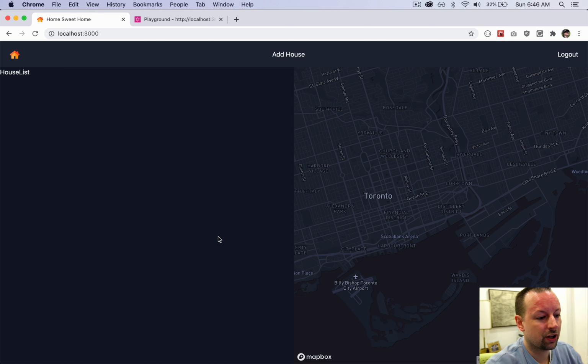So we've just finished getting the bounding box from the map. So we know the southwest corner and the northeast corner. And from that, we can query and find all of the houses within those two sets of coordinates. So we're going to go to the back end, build our GraphQL query, go to the front end and actually